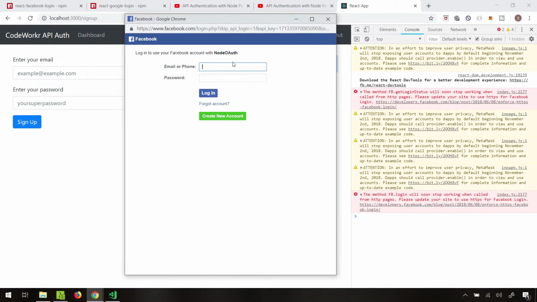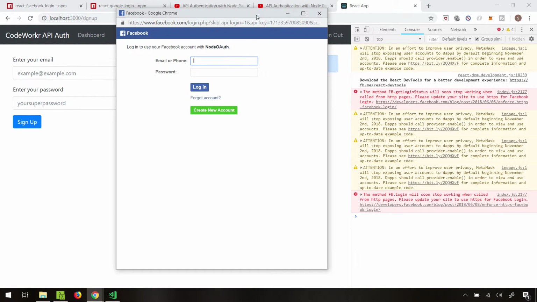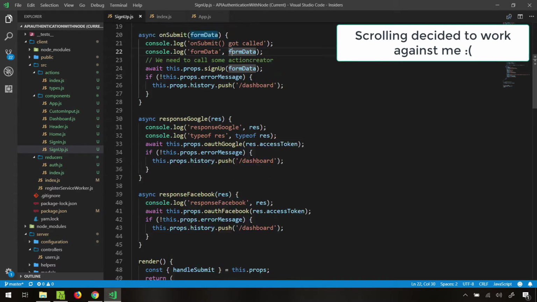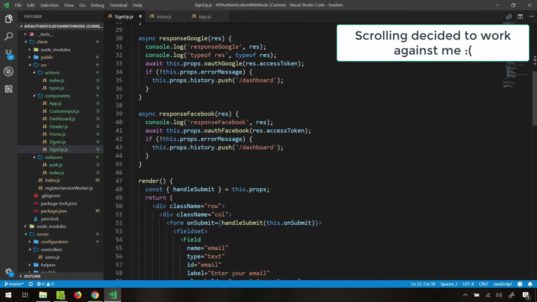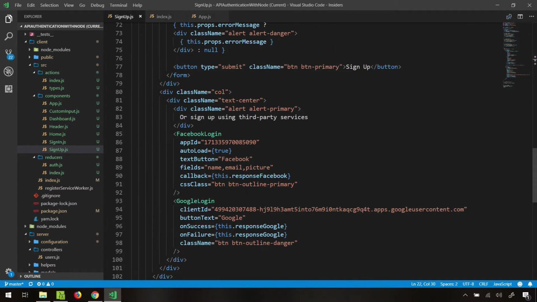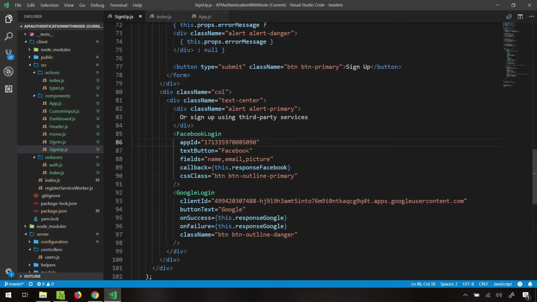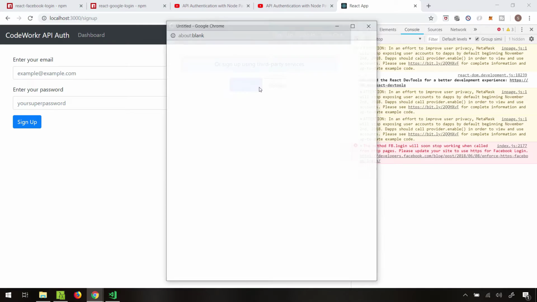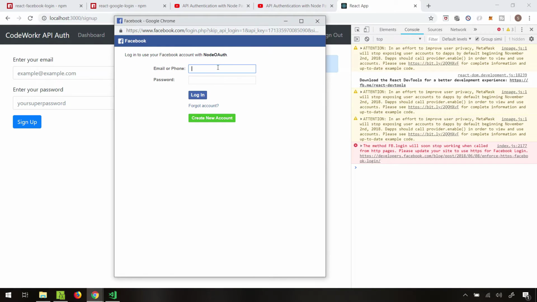For some reason it is auto-loading the Facebook, and I have a feeling that's because of this property over here called autoLoad. So I'm going to get rid of this, and let's see if it still auto-loads, and it's not, so it's probably that. Now if I click here and I actually authenticate,